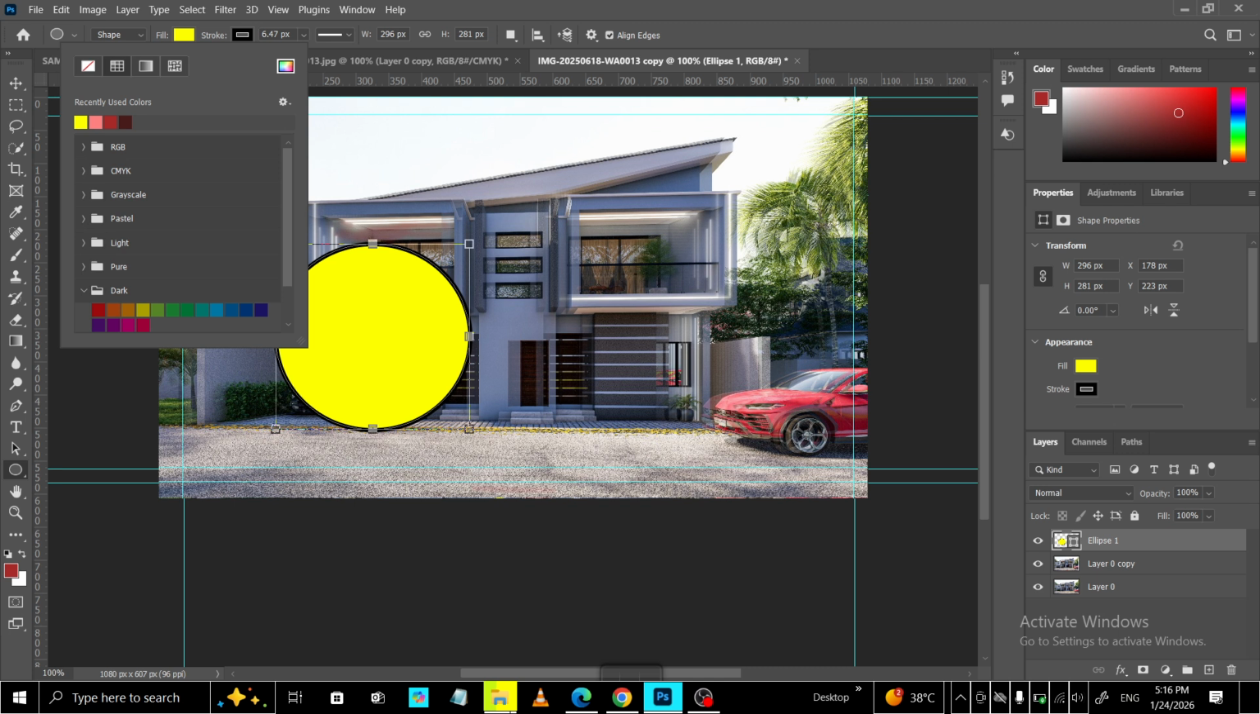That's the whole workflow. Select the ellipse tool, switch the mode to shape, hold Shift while dragging to get a perfect circle, and then tailor the fill and stroke in the options bar to match your design. Because it's a vector shape, you can scale it freely and tweak the styling at any time without losing quality. You're all set to create clean